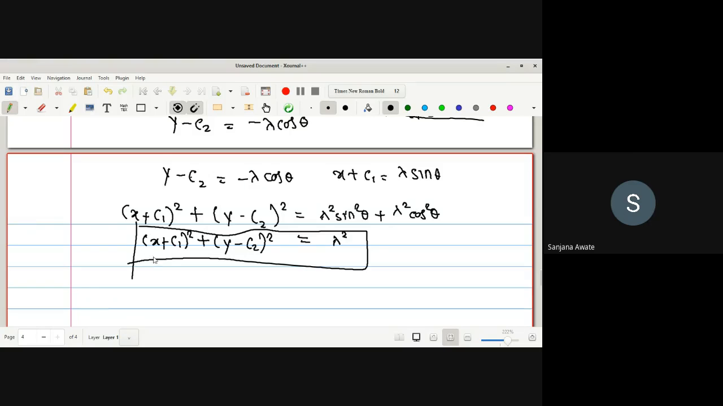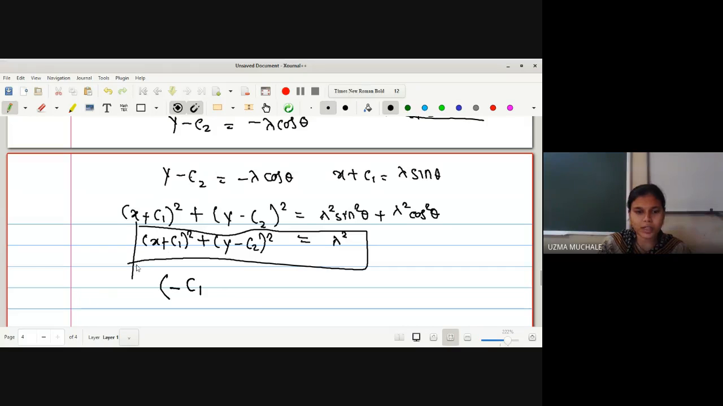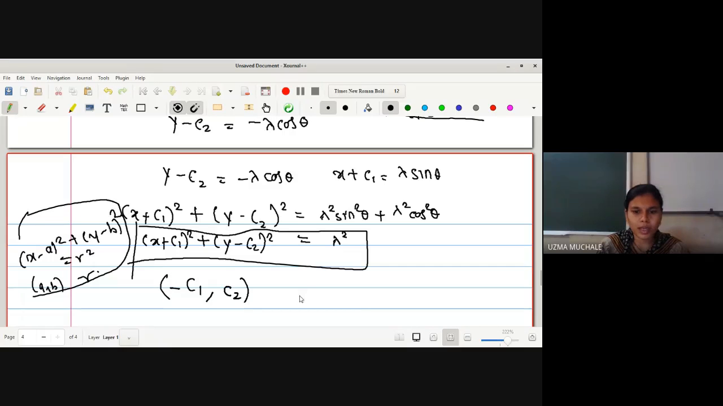Equation of a circle, centered at minus c1, c2. What is the equation of a circle? x minus a bracket square plus y minus b bracket square is equal to r square. This is the equation of a circle, right? With center at a, b and radius r. But here in this case it is not minus, it is plus, so the center is at minus c1, c2 and the radius is lambda. Okay. Now, this is the equation of a circle with center minus c1, c2 and radius lambda,